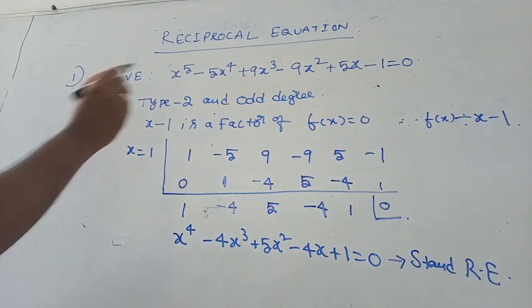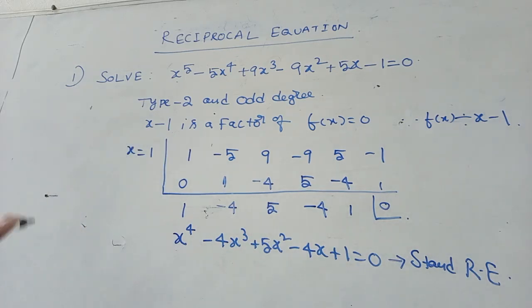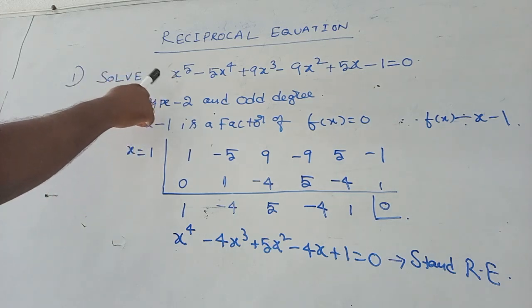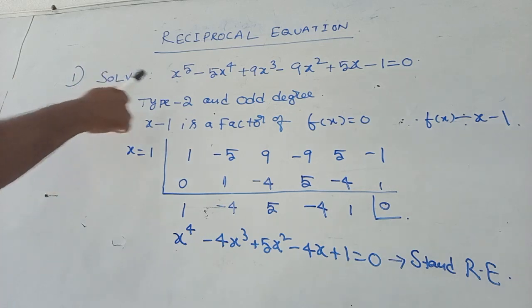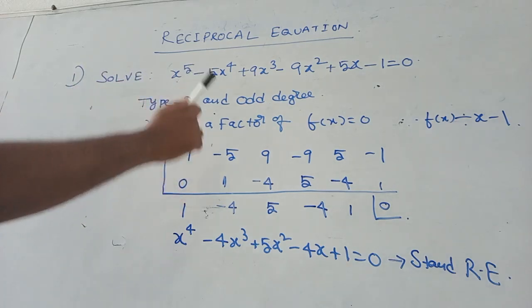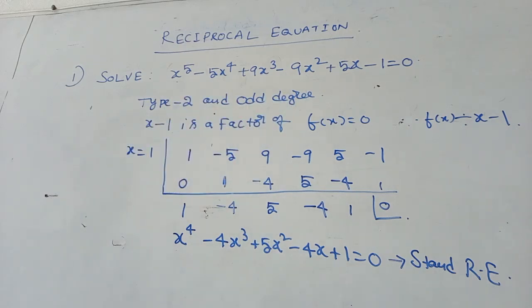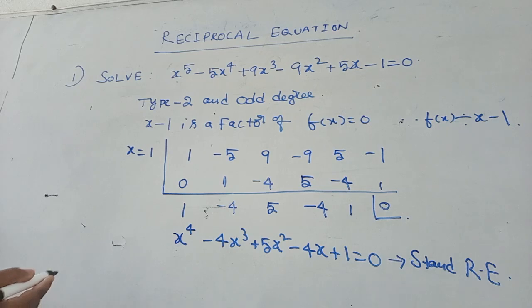We divide our reciprocal equation by x minus 1 by Horner's method of synthetic division. You please observe what we are doing on this, and we try to solve these equations. Right? Now the coefficients while dividing for Horner's method of synthetic division, we will be taking them as 1, minus 5, 9, minus 9, 5, minus 1 you are having. Now you start the Horner's method of synthetic division.